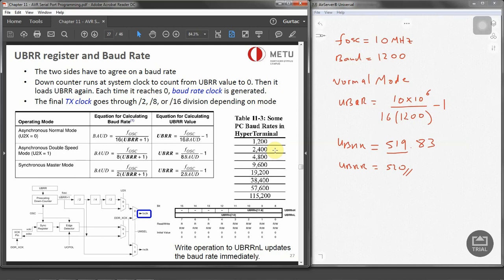Now, as I already said before, and I'm going to say it again, the most important thing in embedded systems is to understand how we are going to set these registers up. If you understand how to set them up, it's pretty straightforward to write code for it. So now we understood how UBRR is going to be set. Now with the baud rates,